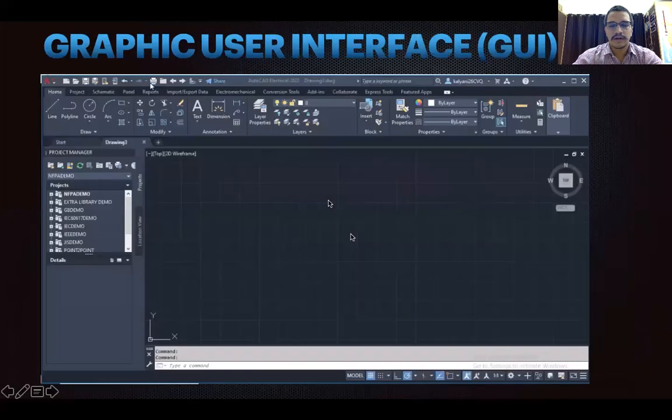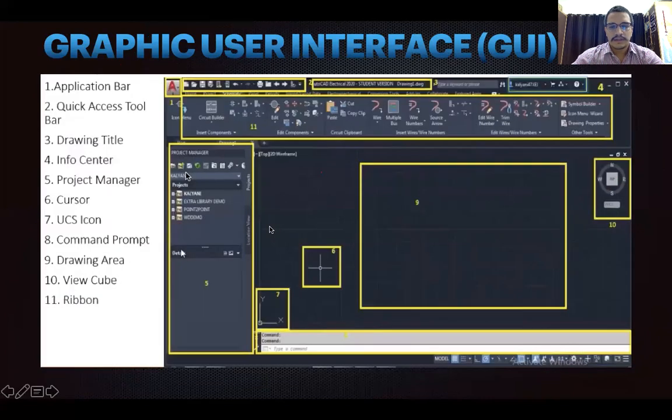So this is the graphic user interface for the Windows user. This is how your screen and your drawing area, your toolbar, your quick access toolbar, and your view cube look, which we've already discussed in the last session. These are the various areas which you need to know, because in order to locate your tool, you need to know at which location your tool lies. We have already covered all these parts in the last session. If you haven't watched the last session, you can go to it and cover that session first.